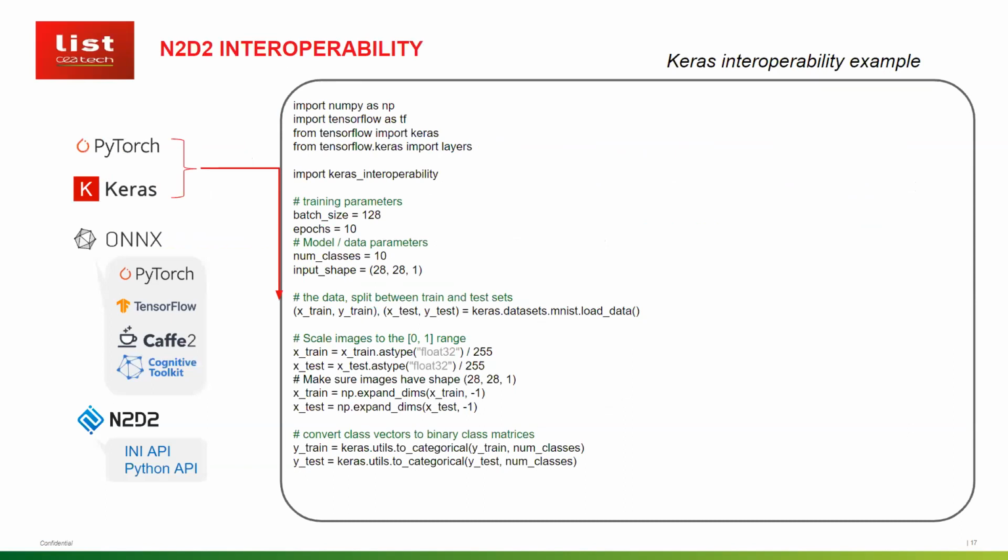One of the modules we developed very recently is to be compatible with PyTorch and Keras, and this is extremely important nowadays, as you've seen from the first slide that we are dominated by those frameworks. So we want to be compatible with them and provide an interface to our users so they can write their models in the Keras style, for example, as shown on this slide. And then in the backend, we would have N2D2 providing the training, quantization, and also different optimized exports. So we can move to the next slide.